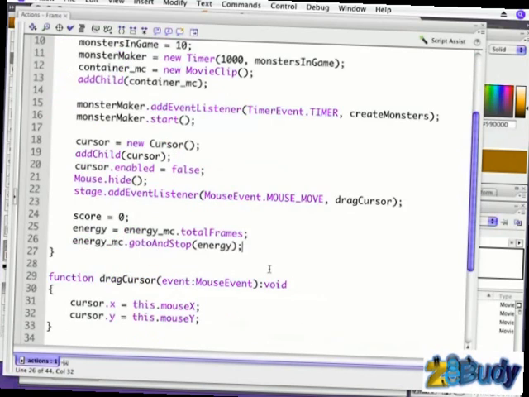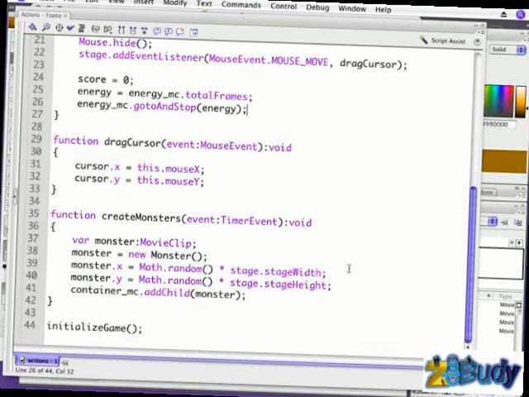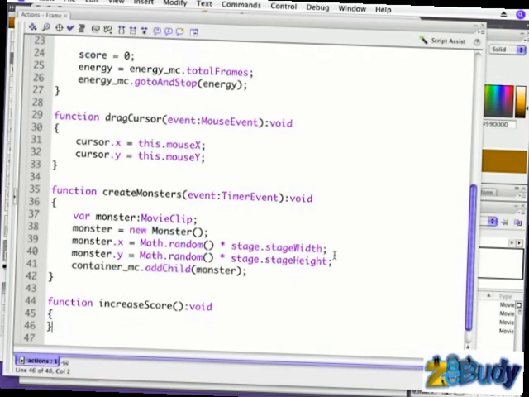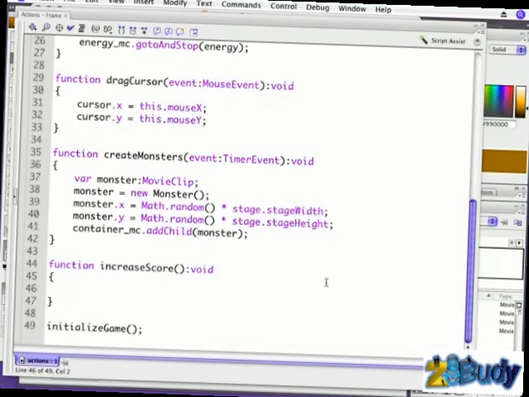Let's scroll down. So now that we have defined some variables that can help us win or lose, let's define functions that determine whether we've won or lost. So below the create monsters function, I'm going to define a new function, and this is going to be called increase score. Alright, so the first thing we'll do to increase the score is we'll add 1 to it. So type score plus plus, and if that's unfamiliar or you haven't used it in a while, that increments a value by 1. So if it's 0 when this code runs, it'll go to 1, and if it's 1, it'll go to 2,